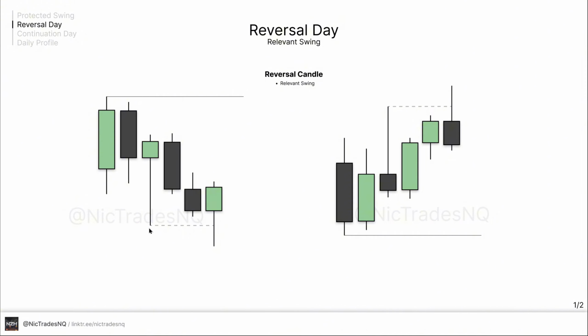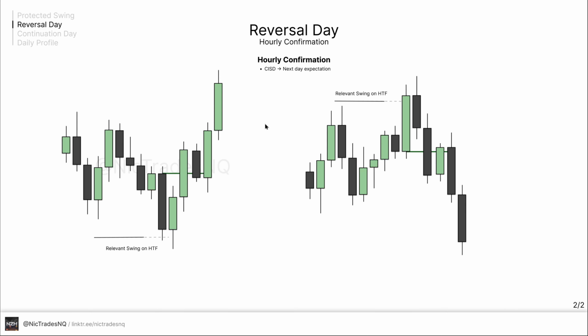We want to see a quick reaction away from that relevant swing we have identified. And what does this look like on a lower time frame? So this could be an example of an hourly time frame showing the exact same thing, where we engage with that relevant swing on the higher time frames, and then we get a fairly quick reaction away from that low. It's almost like price should be in a hurry to get away from that and then get a close